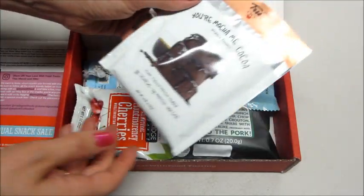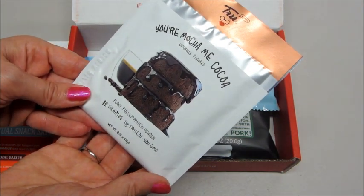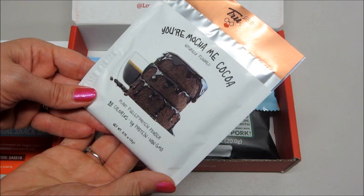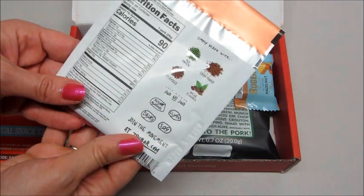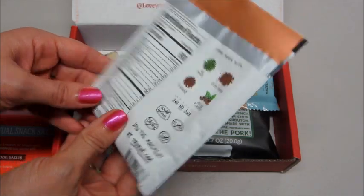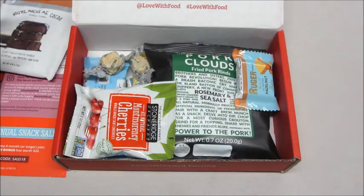Ooh, I'm excited. Okay, so what is this? Your Mocha Mi Coco. That looks delicious. 90 calories. Plant-fueled protein powder. That looks so good. Very excited for that. And then I do see some little